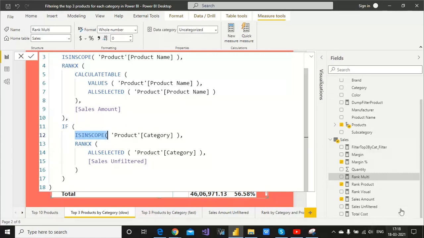Why? Because if filtered, the category would impact the product total and sum, and we don't want to impact anything.